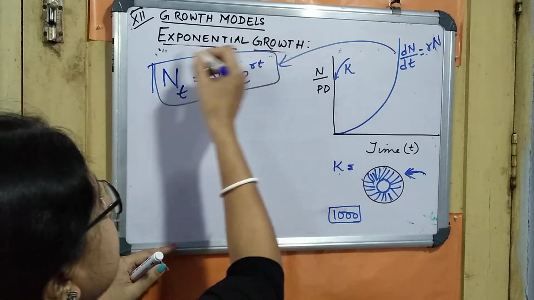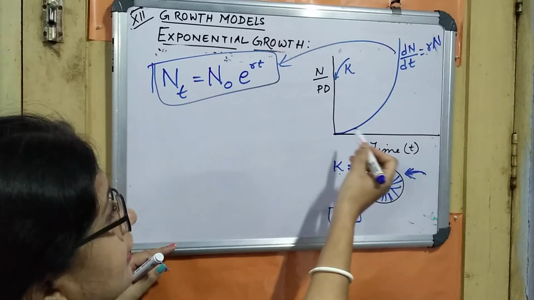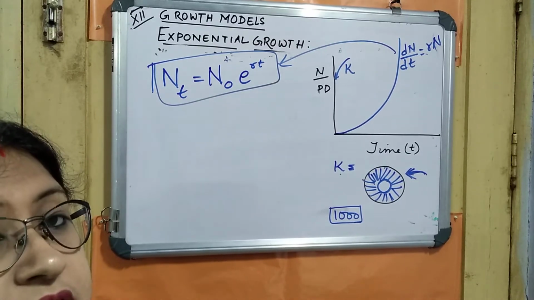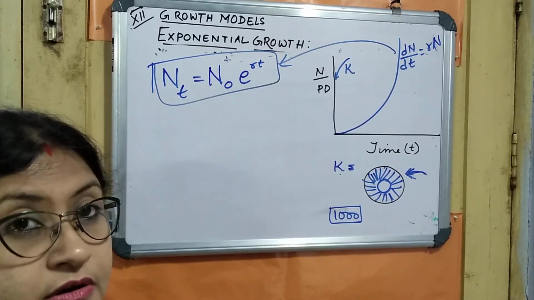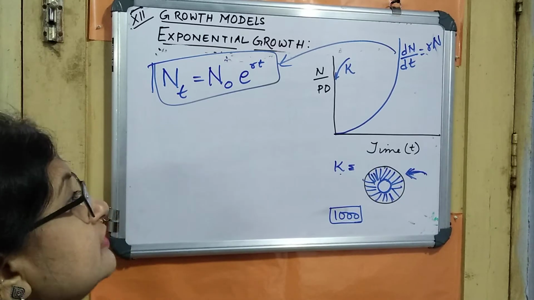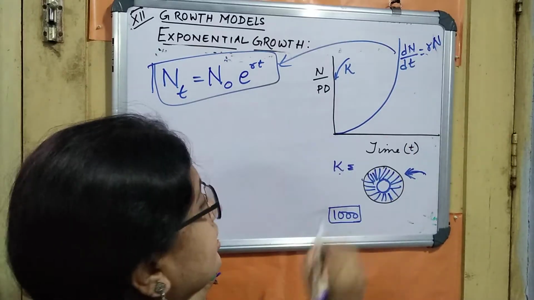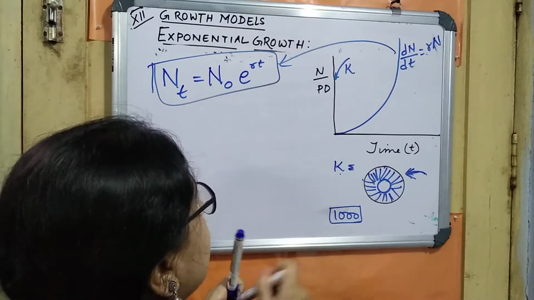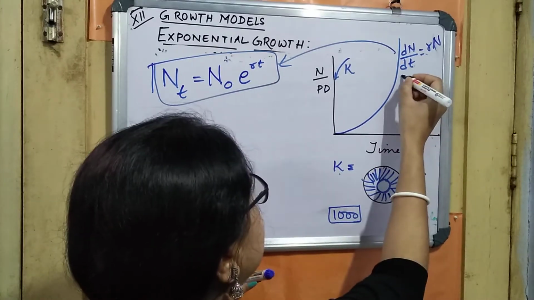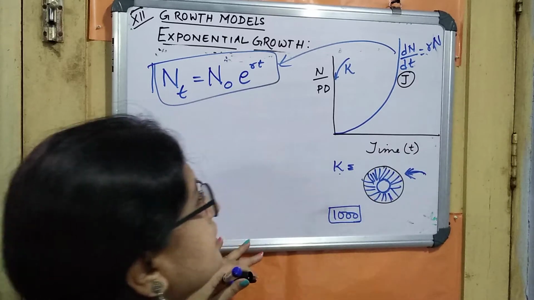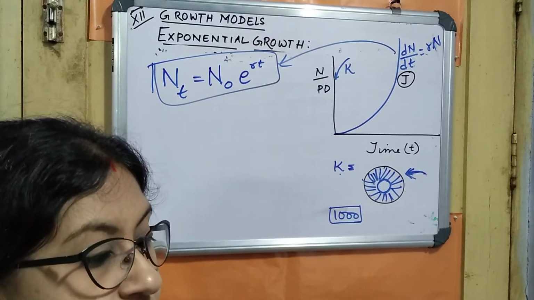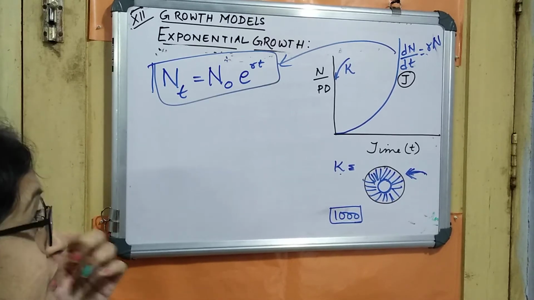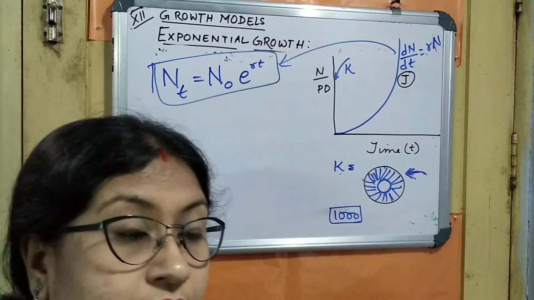So here, because of this exponential growth, why do we say this? Because there is no limit to the population if the resource is too much, right? Unlimited resource, we see the graph is actually becoming like this. So this is in the shape of a J. So we can call this a J-shaped graph or the J graph, right? So the exponential growth graph is actually a J-shaped graph. This you have to remember.